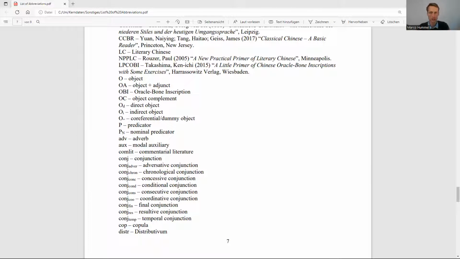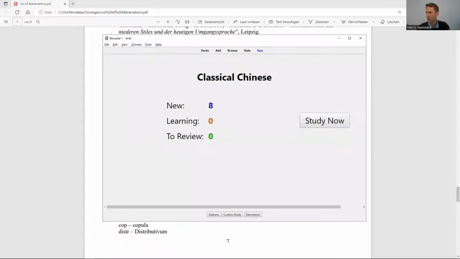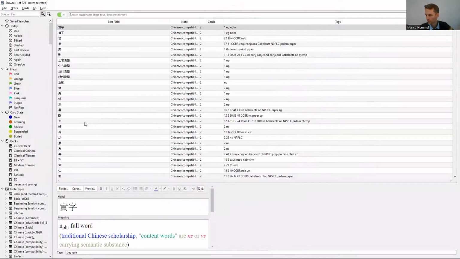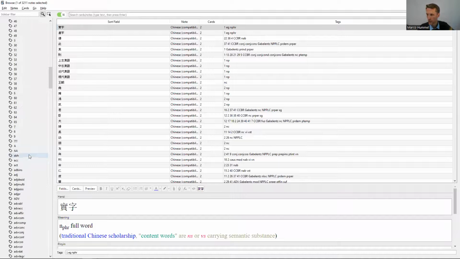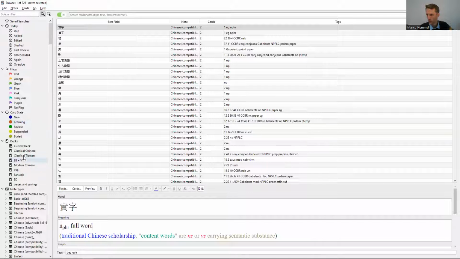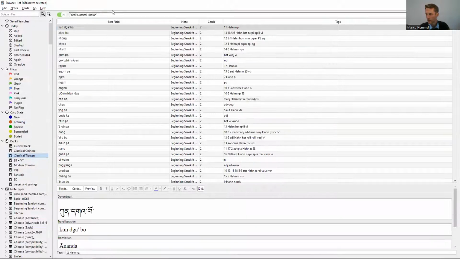So the categories, quickly at the end, I can show you. You can see here in the browse section at the left side of your folder. Here are the different categories, and even though they're alphabetically and numerically ordered, it would take me still a long time to find the right category. That's why these days I just go to the different classes like Tibetan folder and then just tag, and then